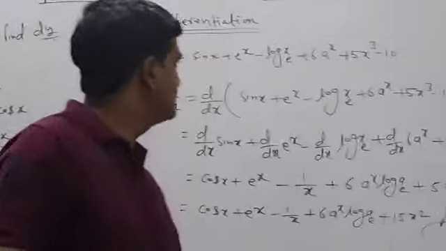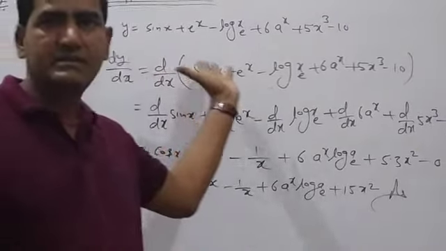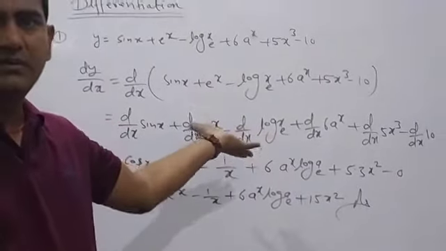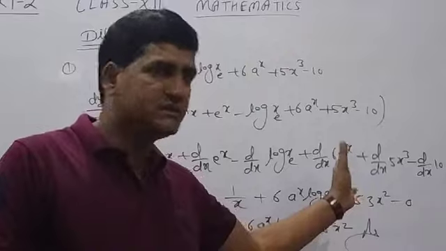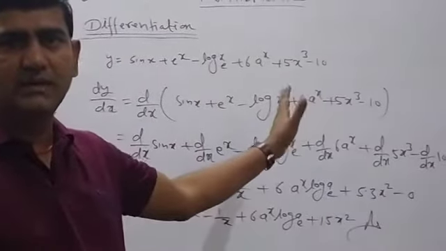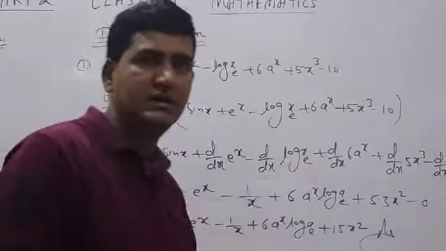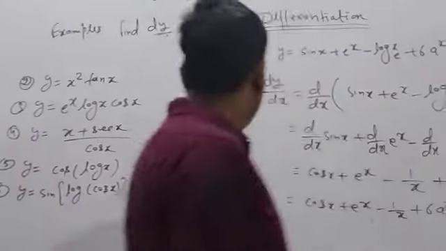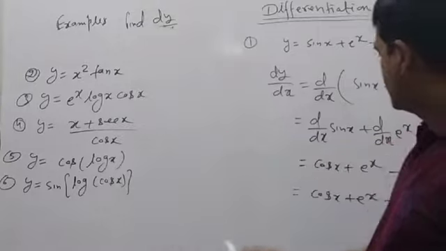Understood? Very simple. First write the symbol. After that, whatever formula is there, we can put the formula. If you don't know the formula, then for a few days open your formula copy, and with the help of the copy you can put the formula. Now see the second question. I am going to give the second example.